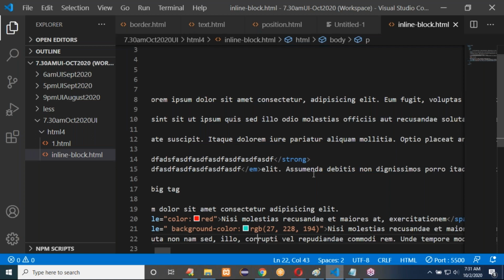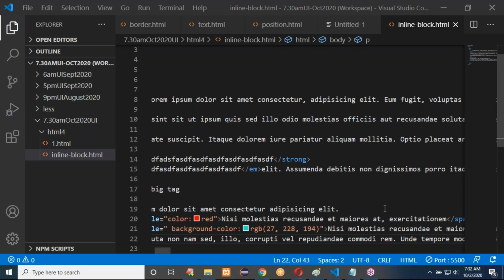Ma'am, the span tag is also used for enclosing only, right? Not enclosing. The span tag is used for highlighting content.